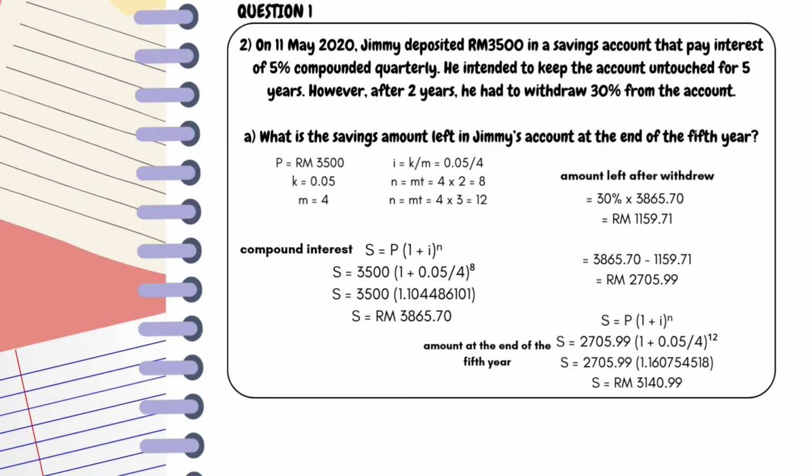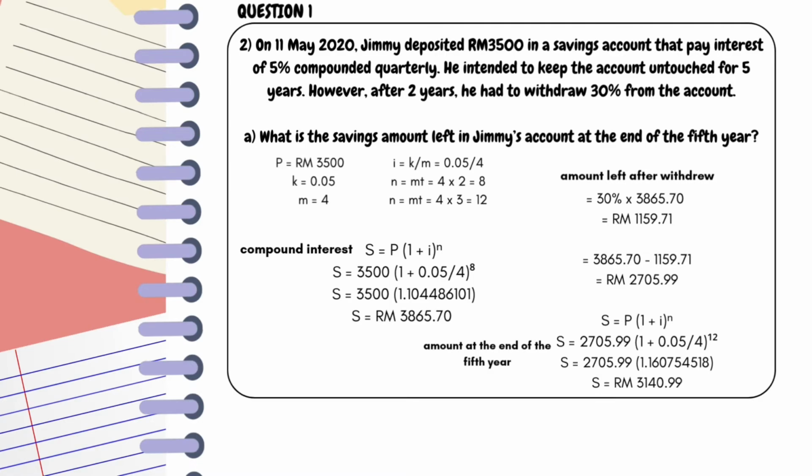First, we have to calculate the amount for 2 years, for which we use the formula S equals P(1 + i)^n. Then we get the answer S equals 3,865.70 ringgit. Next, we have to calculate the amount that Jimmy withdrew, which is 30% multiplied by 3,865.70 ringgit, and then we get